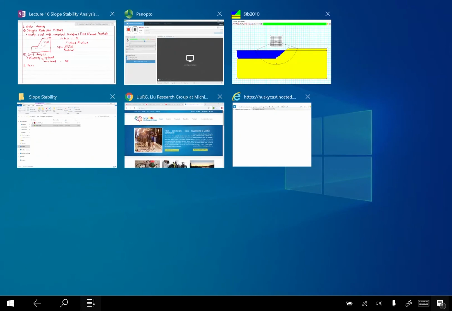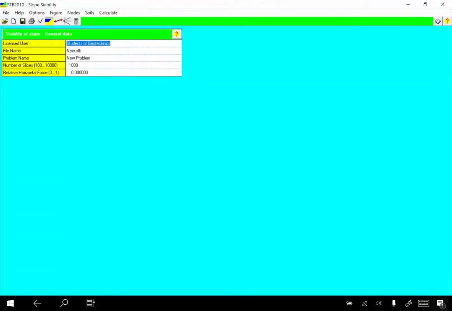And I've already shared one program. It's called STB 2010. It's a very handy tool, pretty simple, and has a very nice graphical user interface. So if you click the executable of that program, you will see this window. The use of it is pretty simple. You can change the name of it, but here I'll just quickly go